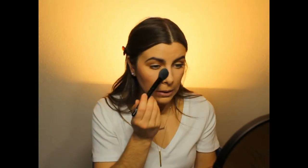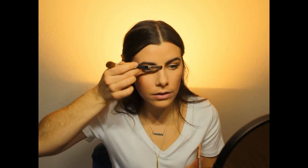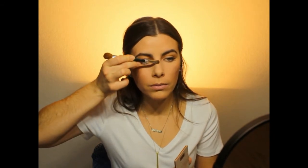All right, and then that other thing that you can do to make your nose look smaller, and I do this all the time, is I like to highlight my nose. So it gives it that smaller effect as well. If you don't feel comfortable with nose contouring, this is another step that will make your nose look a little bit slimmer. So I'm just going to take that highlighter again, and on the bridge of my nose, just place that. And then I like to take a little bit more and put it on the tip so it looks a little bit smaller. That cute button nose